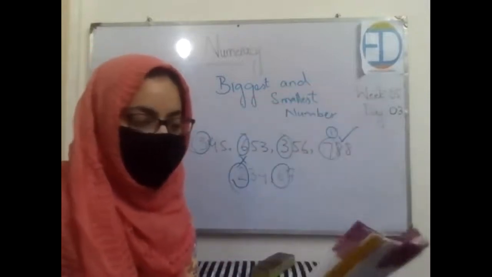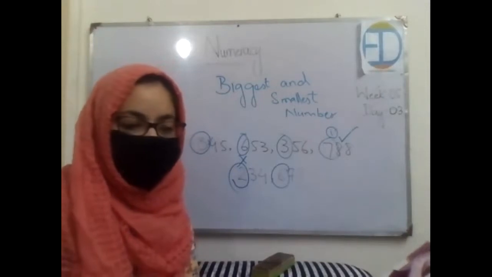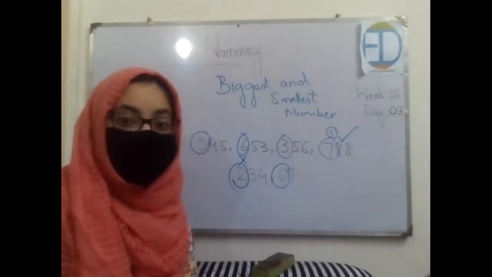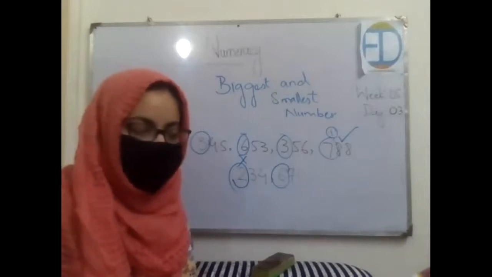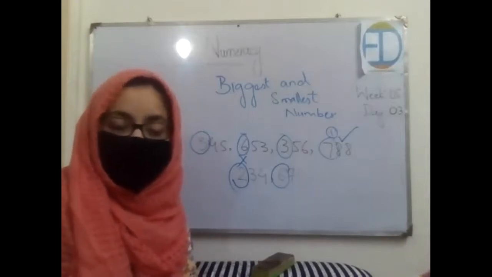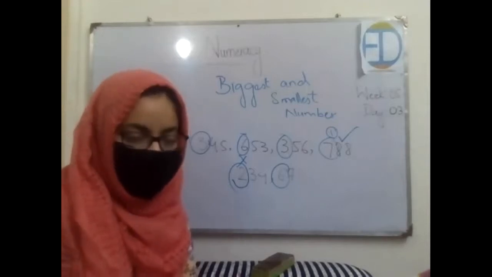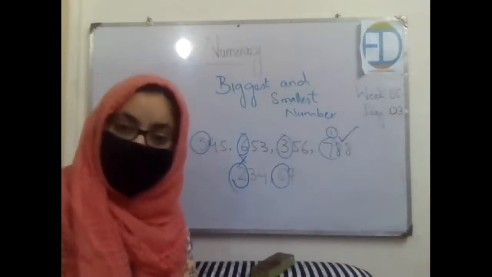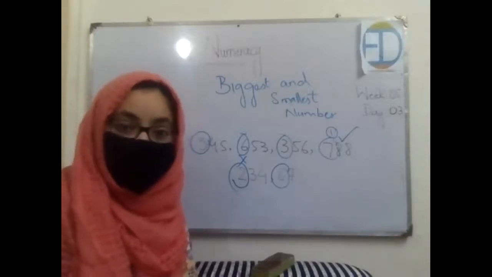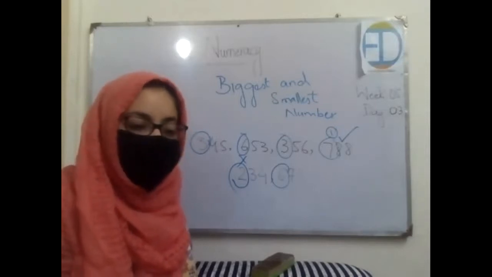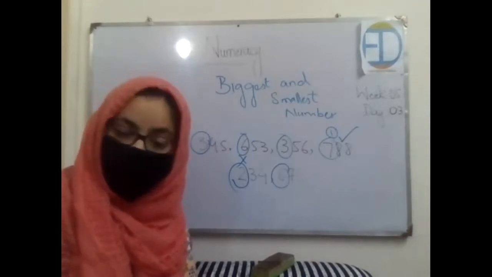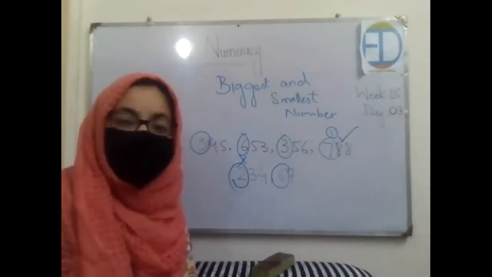Hurry up. Okay, who is going to tell me how many numbers between 5 and 10? 4. And what are they? 6, 7, 8, 9. Excellent. How many numbers between 10 and 13? 2. Excellent. How many numbers between 13 and 16? Again 2. And what are they? 14 and 15. Well done. How many numbers between 17 and 22? 4. And what are they? 18, 19, 20, 21. Excellent.